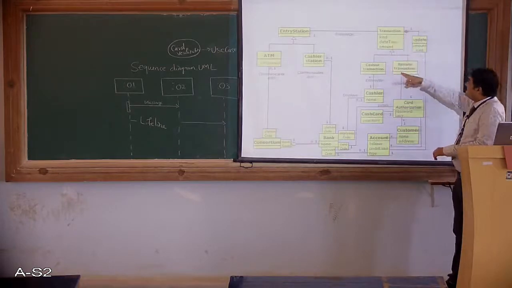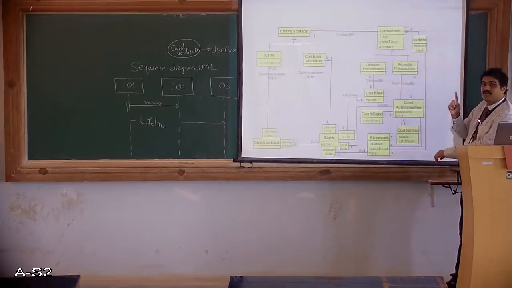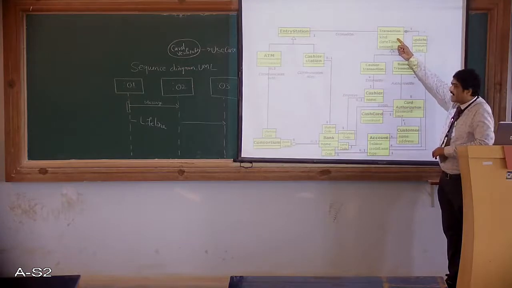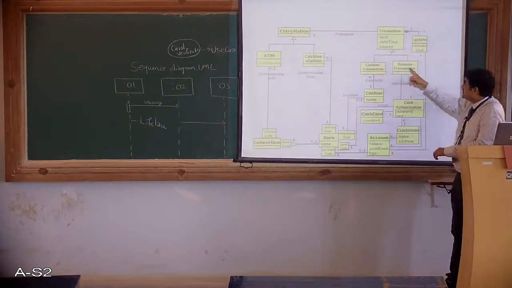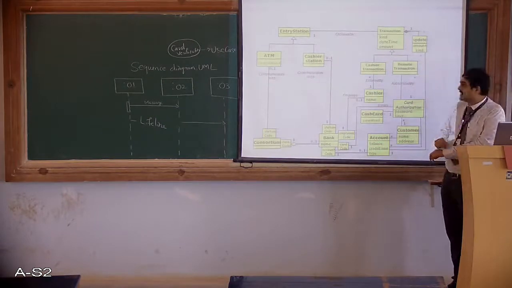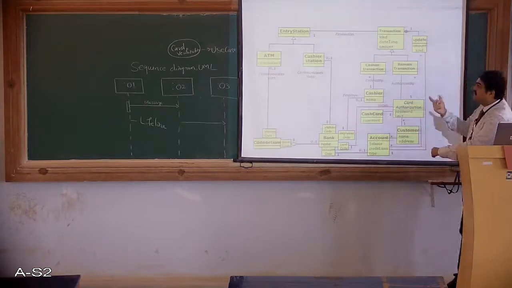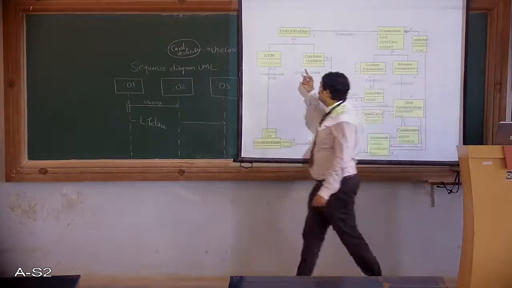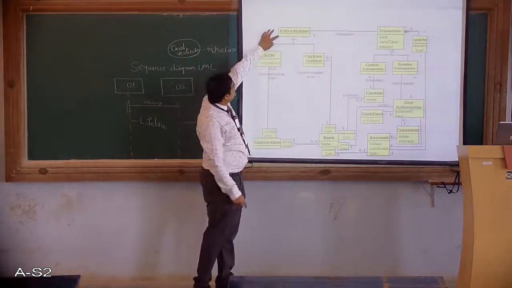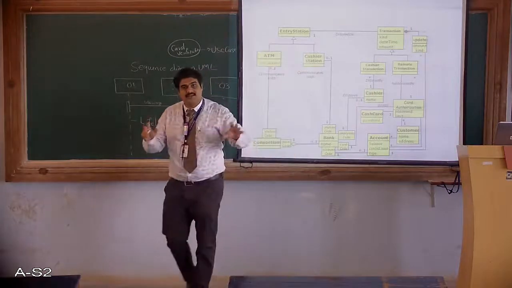This is where you come across a generalization. You can observe here that transaction is one class which they have considered as a parent class. In that parent class, they have considered cashier transaction as one of the child classes and remote transaction as another child class. Like that you can use generalization very efficiently. Even here they have used the same concept of inheritance or generalization, that is entry station, ATM and cashier station. That is how they have categorized it.